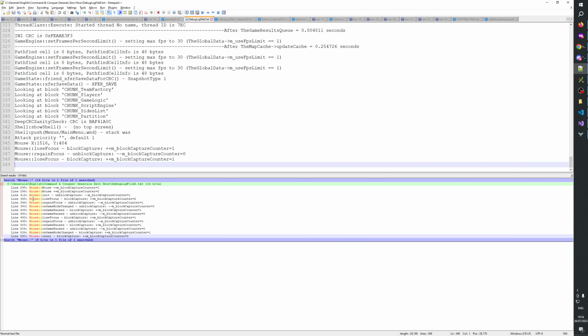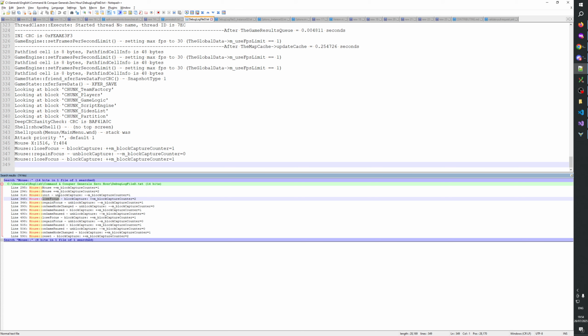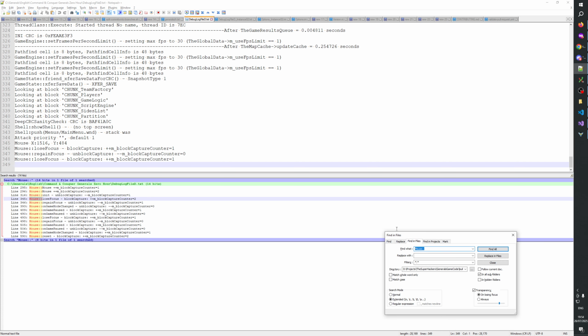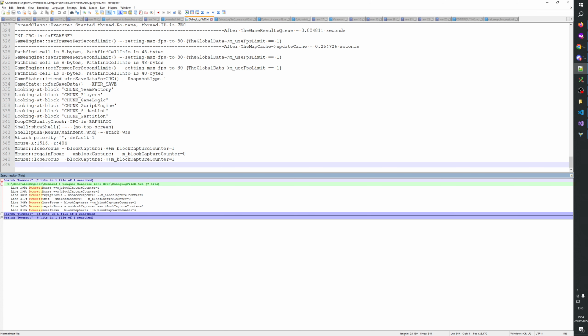Previously we only got a lose focus event first. But I suspect now we get a regain focus event first. Let me see. Find. Yeah, see? Now we get a regain focus event.